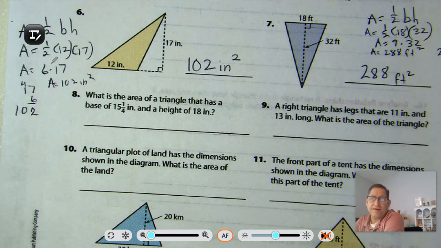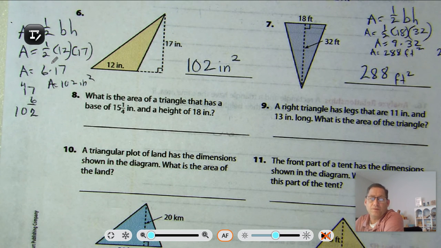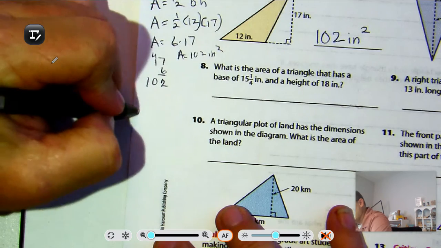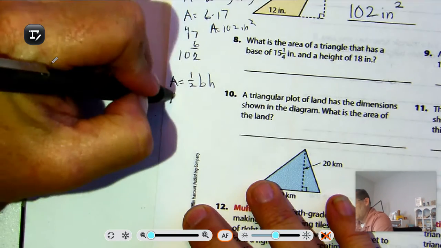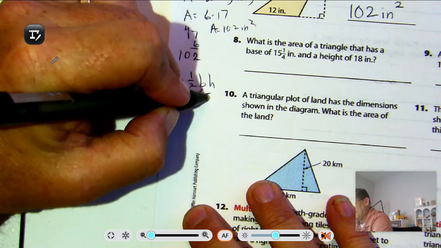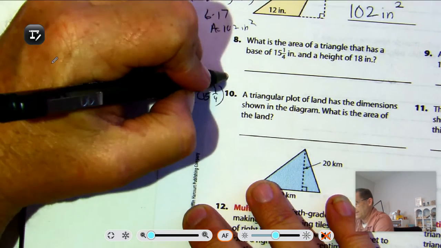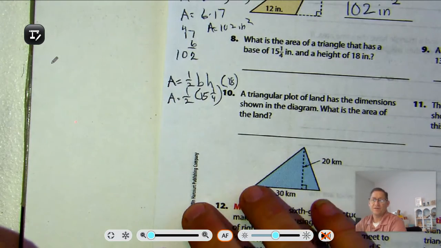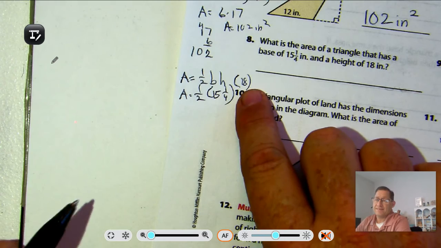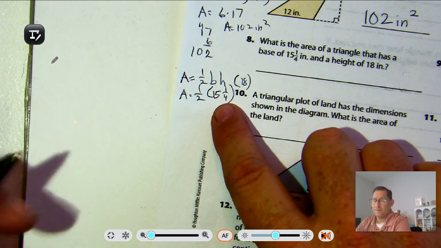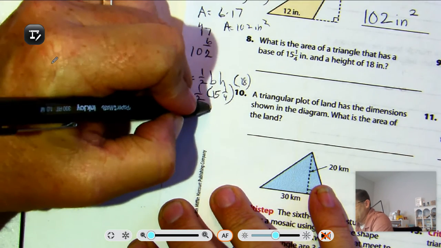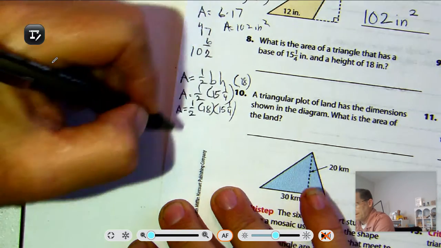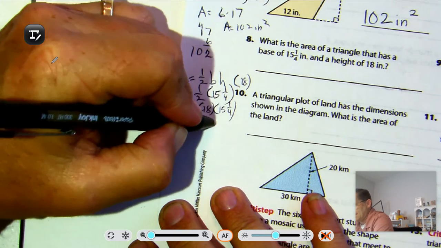Number 8, what is the area of a triangle that has a base of 15 1/4 inches and a height of 18 inches? Okay, so what do they give us? They gave us 15 and 1/4 for the base, and they gave us a height of 18. I clearly want to take half of 18 as opposed to 15 1/4. So I'm going to rearrange those using the commutative property of multiplication. Half of 18 is 9. So 9 times